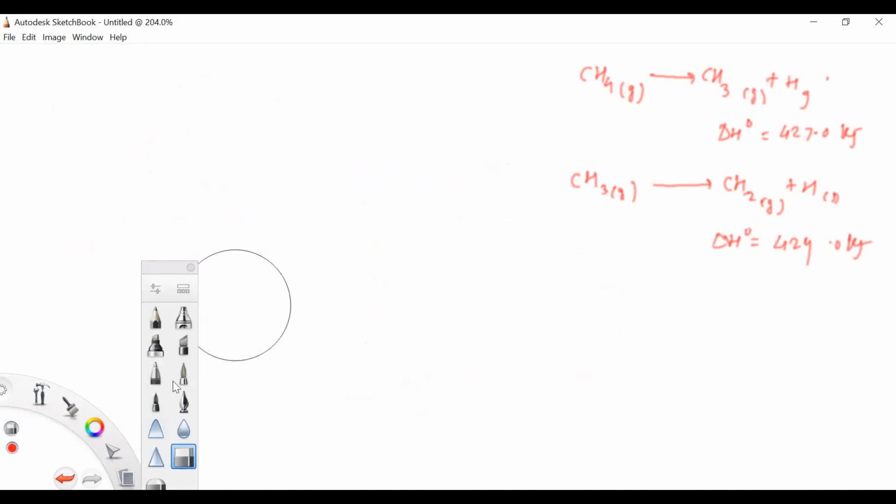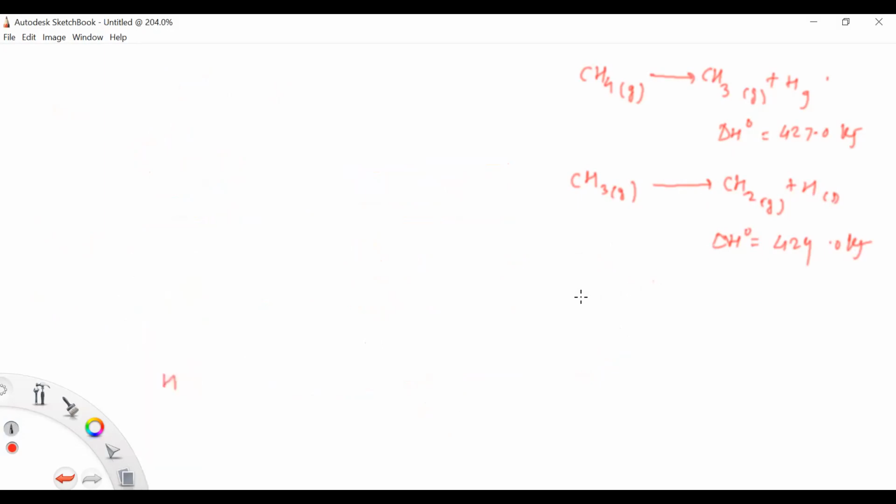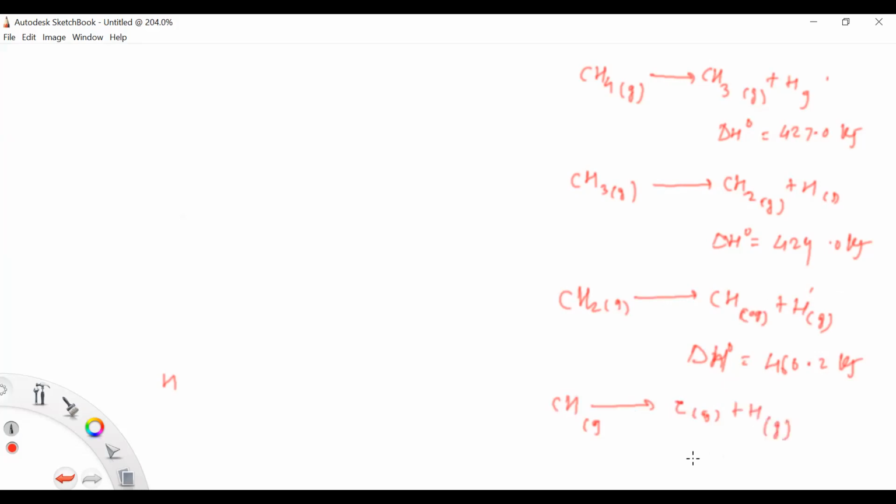In this way, the third step is again CH2 gaseous forming CH gaseous plus H gaseous. Delta H0 is different, that is 460.2 kilojoule. And the last one, CH, is different. That is carbon gaseous plus hydrogen gaseous. The delta H required for this one is different and it will take